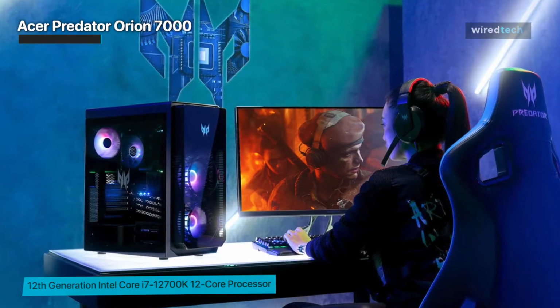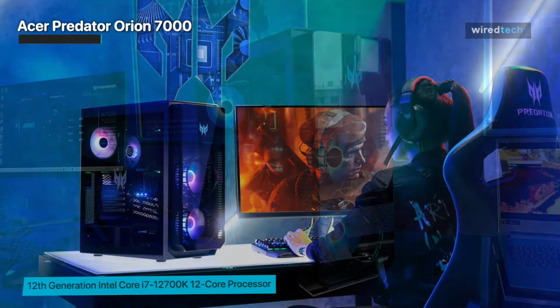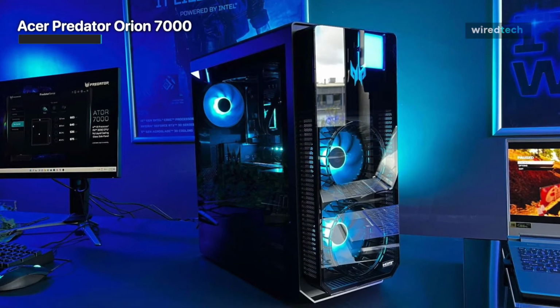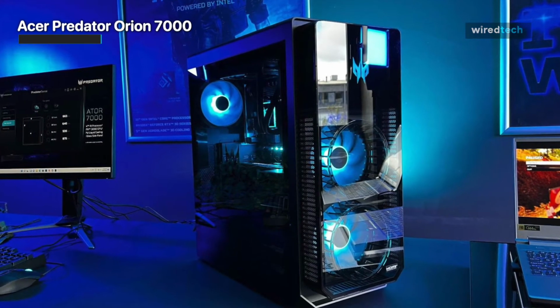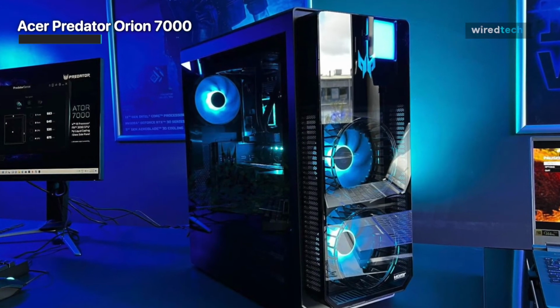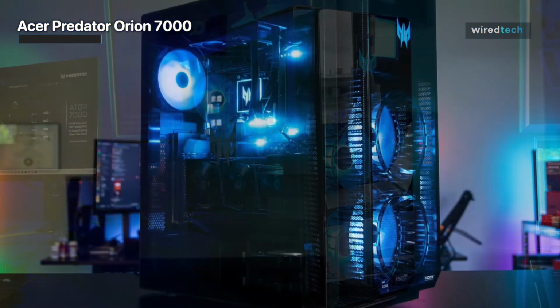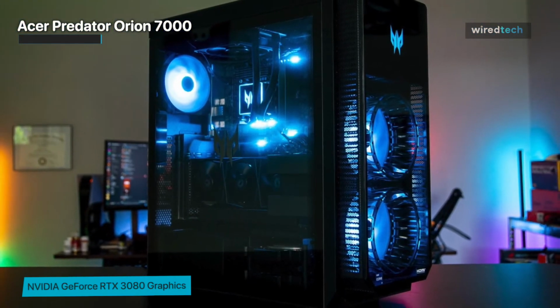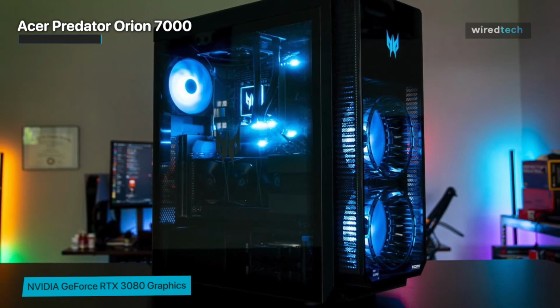Acer Predator Orion 7000's performance is nothing short of exceptional. Given the prowess of the hardware though, that's unlikely to be much of a shock, as you may expect pairing the most powerful graphics card and processor on the market together makes short work of just about anything you throw its way. The 1TB stick, which appears to be a proprietary model, certainly holds its own as far as performance